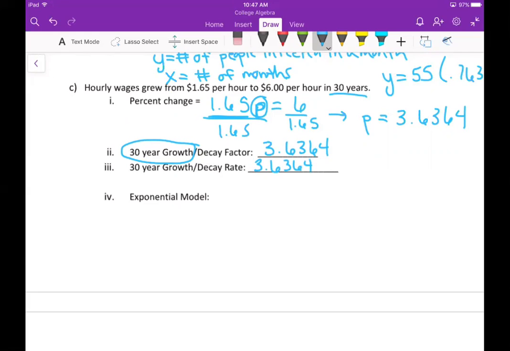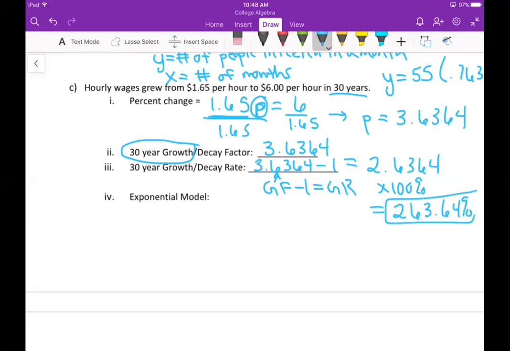What are we looking at here? We still subtract 1 because that's our equation, right? We take, not decay, we take growth factors minus 1 to get to growth rates. That's our formula. So I'm still going to subtract 1. There's my growth factor right there. I subtract 1 from it, and I see that my growth rate as a decimal is 2.6364, and I always take decimal numbers times 100 to get to percent,